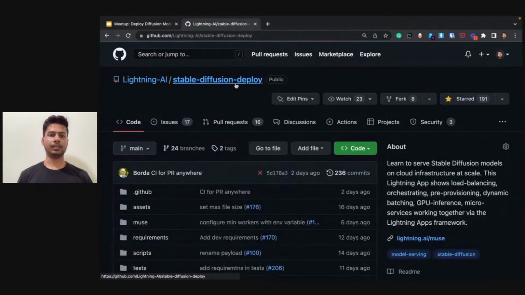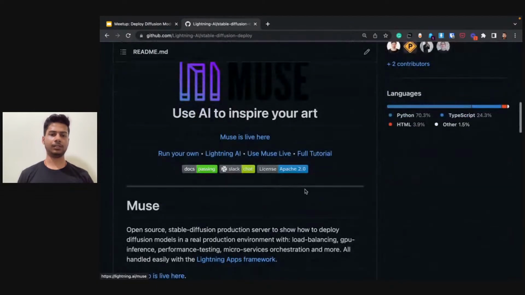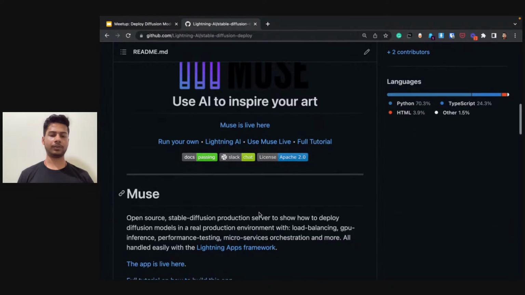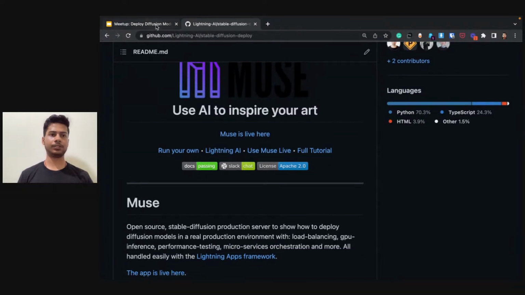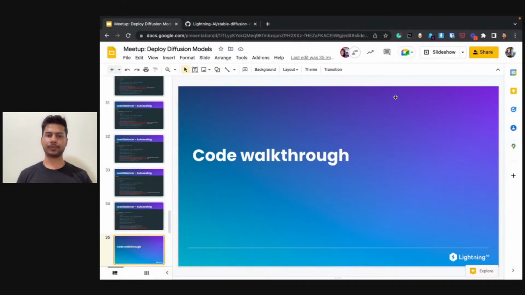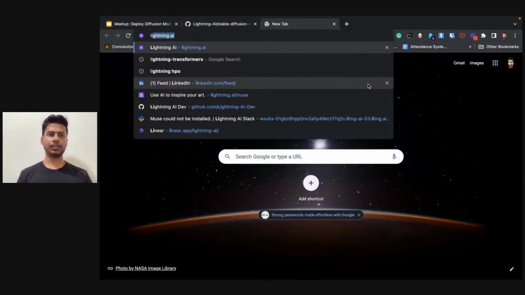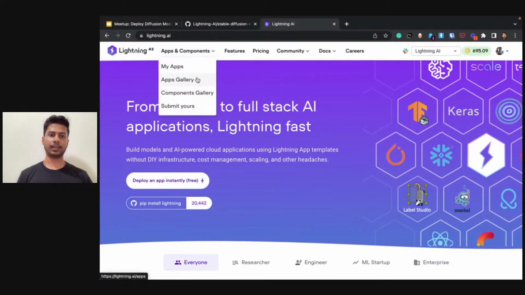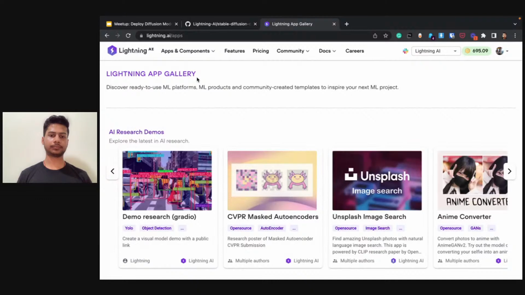You can definitely check it out, and it is documented. You can try it out. You can try to run your own version, which I'm going to show you now, how you can deploy your own version of the Muse app. So first, let's go to the Lightning AI app gallery. If you go to lightning.ai and the app gallery here,